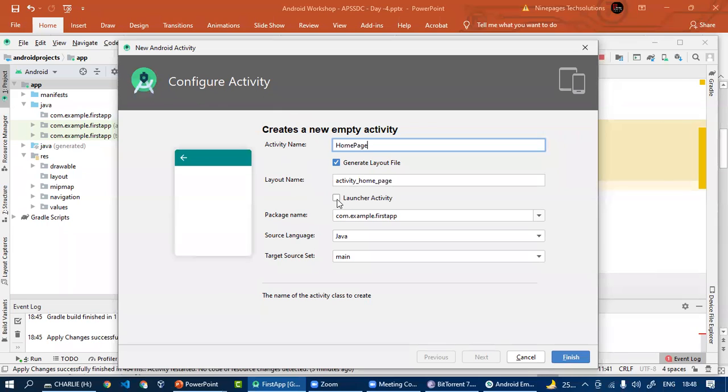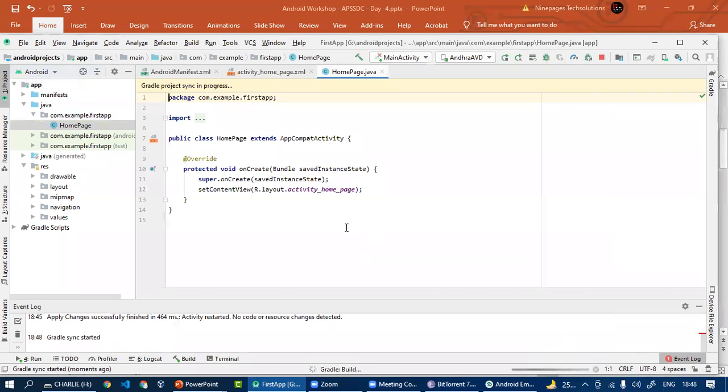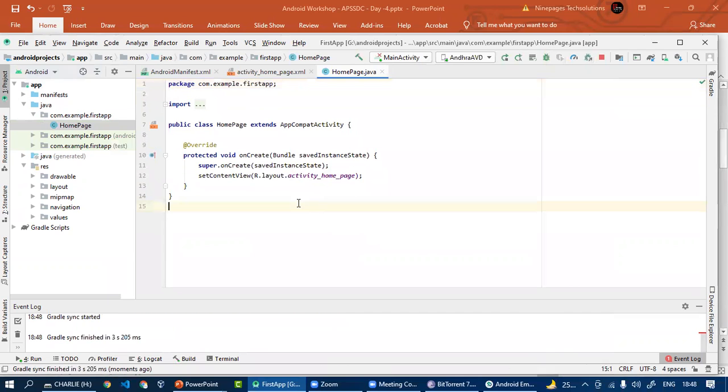Okay, and now we are making that the launcher activity. And then the source language is Java, and click on finish. Gradle project is syncing, and the corresponding layout file is available in the res/layout path.